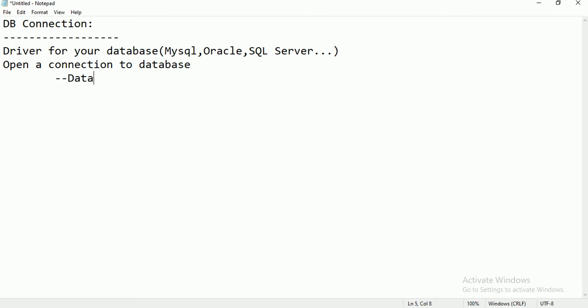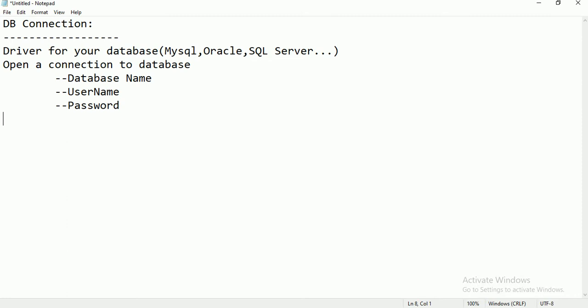One is your database name, then the username for connecting to that database, and the password. These three things are required for you to open a connection to the database.